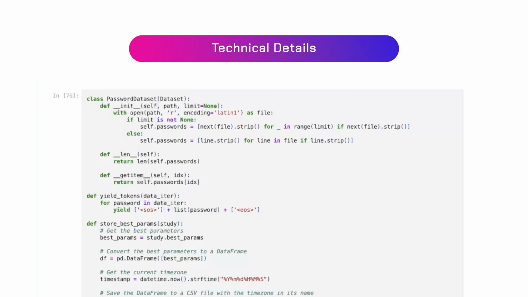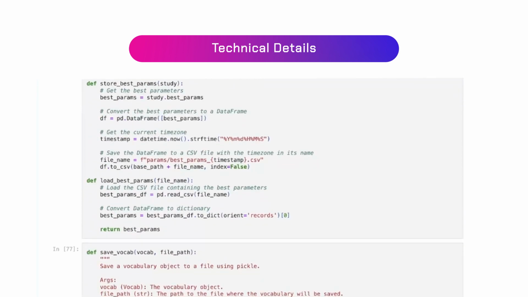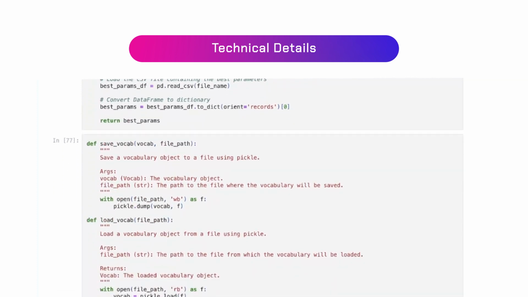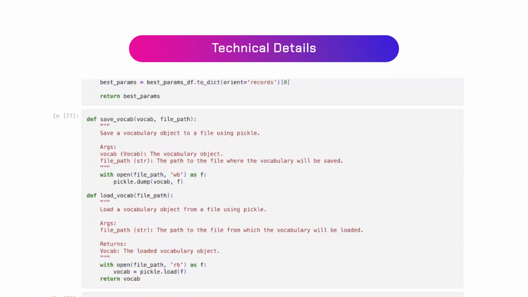Additionally, we have implemented methods such as yield tokens and store-based parameters. Yield tokens adds special tokens at the beginning and end of passwords, which is crucial during the training phase. The store-based parameters method is used for saving model parameters, allowing them to be easily loaded later into the model. Additionally, there are two utility functions, save vocab and load vocab, which are used for saving and loading the vocabulary